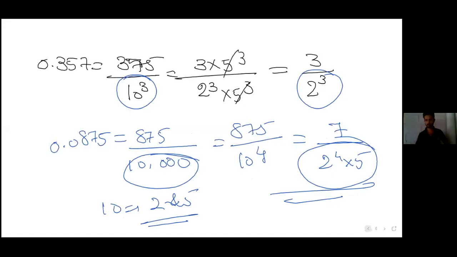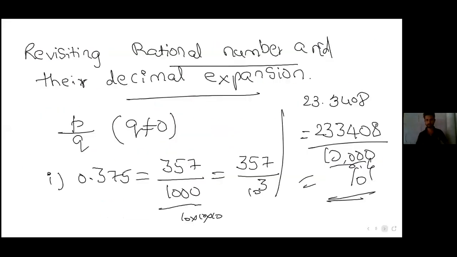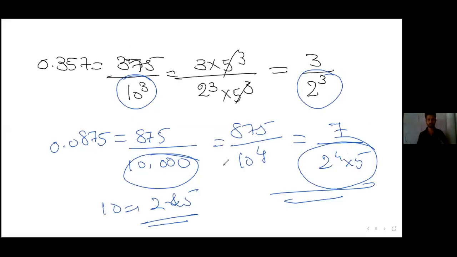So if you look at the denominator, you will see that in all those terminating decimal expansions, these are especially the examples which are terminating. This is a terminating decimal expansion. Also, this is terminating, and all I took here are terminating decimal expansions, and you can see they can be written in the form of factors of 2 and 5, right? That means we can say that